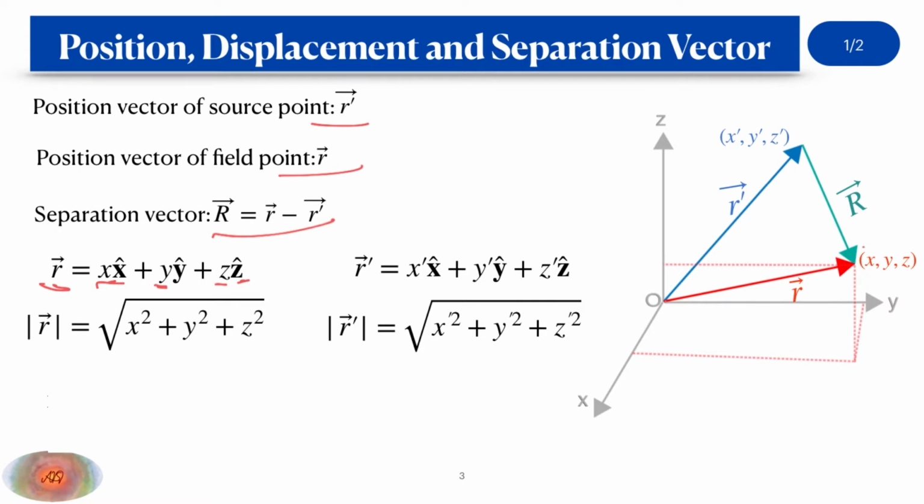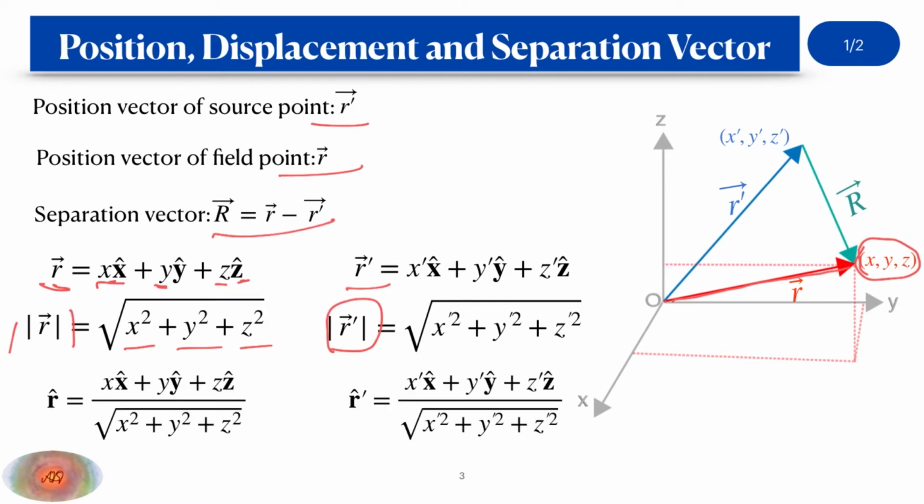So that's why the vector x, y, z will be the coordinate of the field point, and this vector which represents the position vector of the field point is denoted by r. And a similar discussion can be applied for r dash also. The magnitude of r we have already seen from the dot product of itself: that is the square root of x square plus y square plus z square, and the magnitude of r dash is nothing but the root over the square of each of its components.